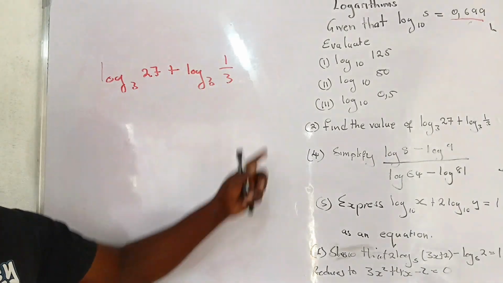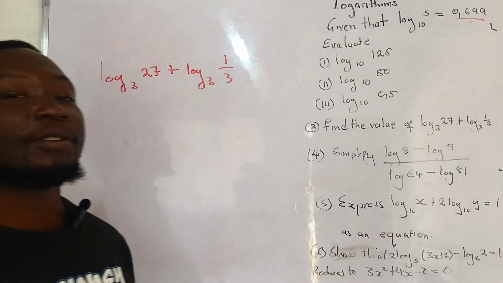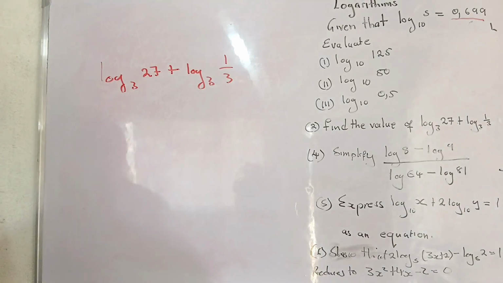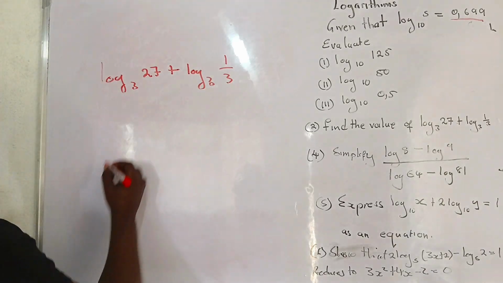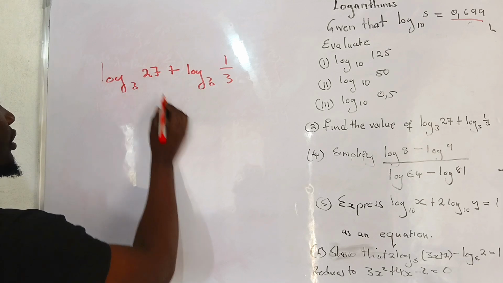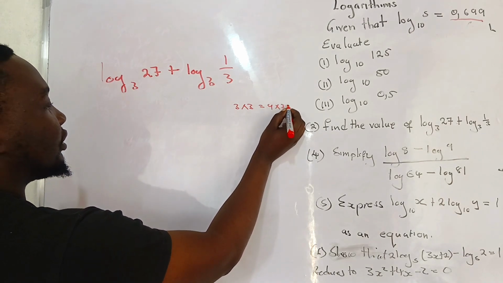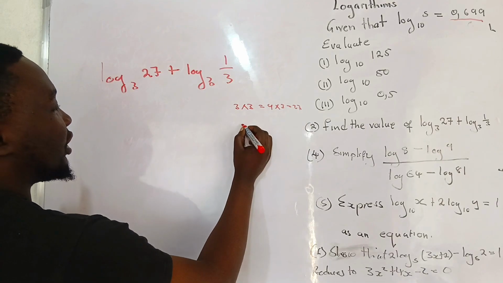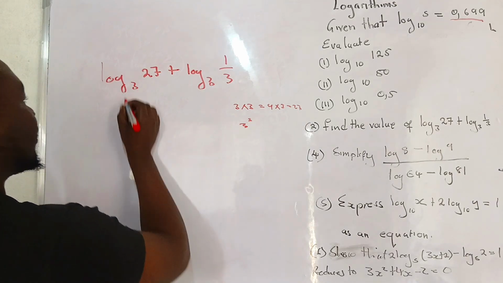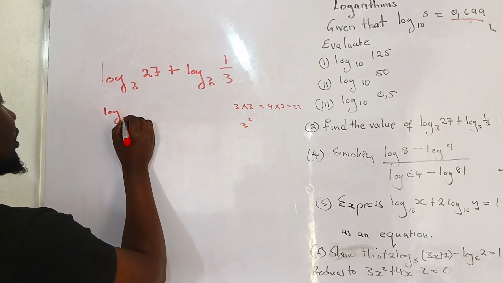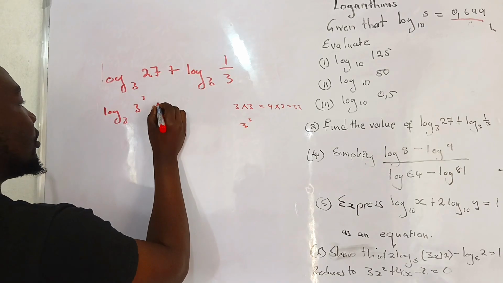An equation has an equal sign, and an expression does not have an equal sign. So let's calculate 27. 3 times 3 is 9, times 3 is 27. So I can express it as 3 cubed. So that's log base 3 of 3 cubed plus